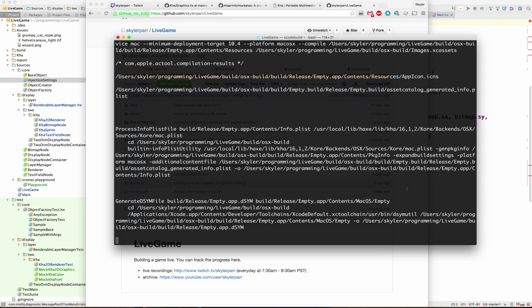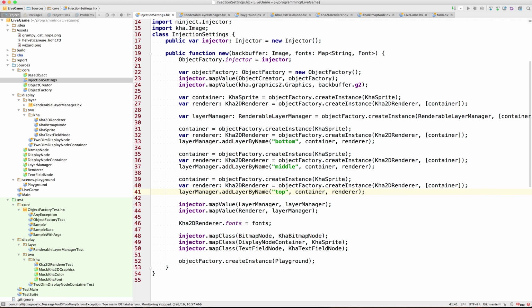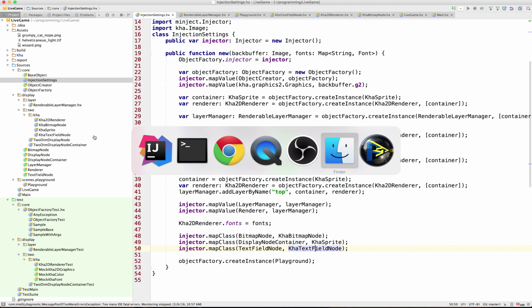So sort of to go back and iterate on this, if we look at our injection settings, we're mapping our bitmap node and our sprite and our text field node to these interfaces. They're very abstract. They define some very simplistic things. And so if we took our game engine out of this project, which I'm kind of considering, well,